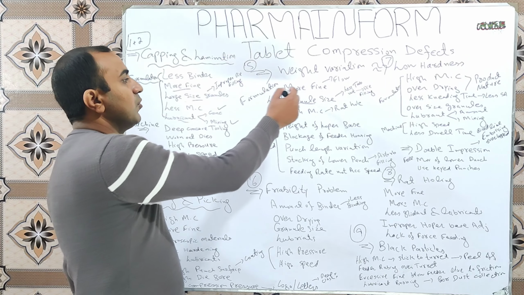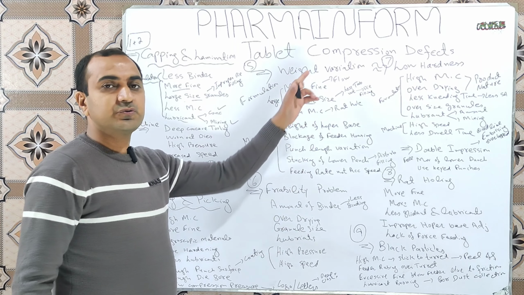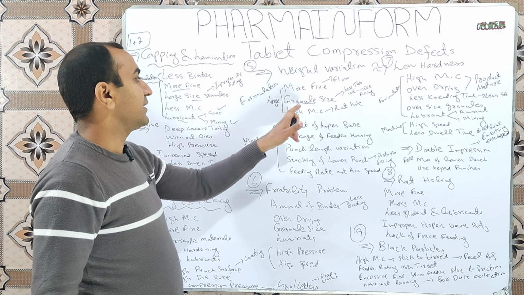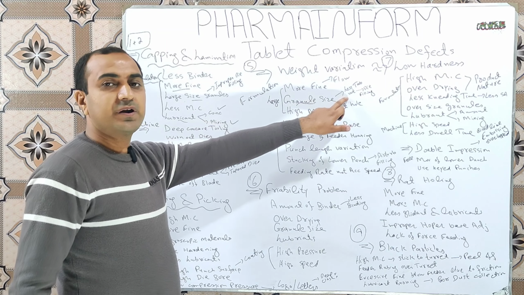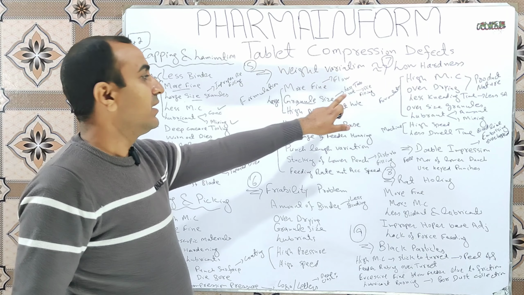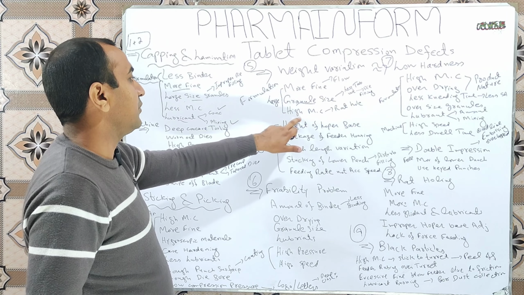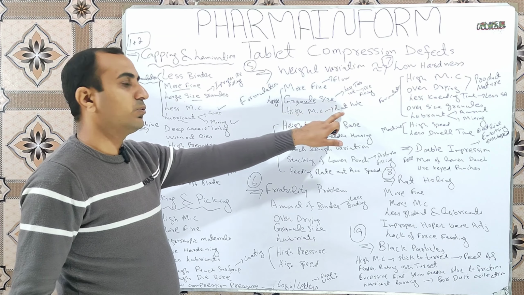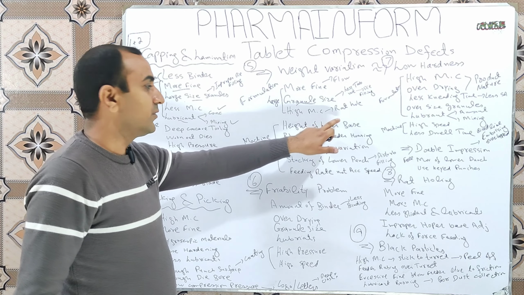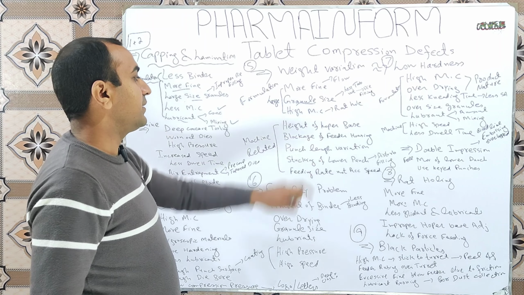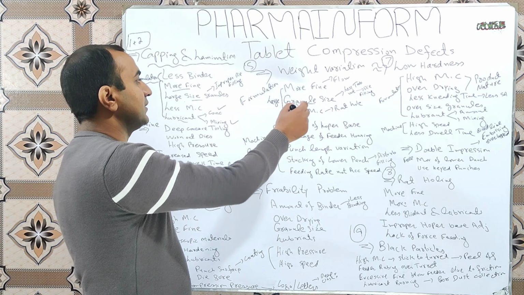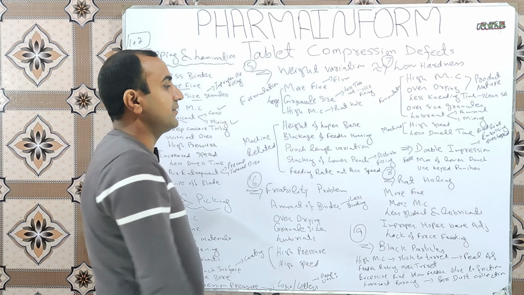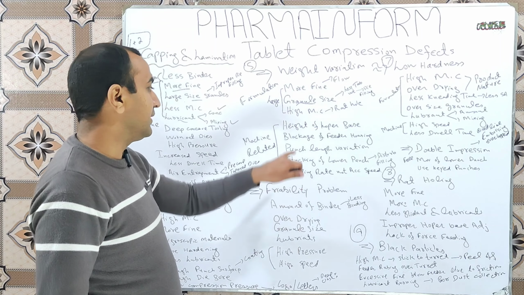Weight variation: more fines result in flow issues, reduce the fine concentration; granule size is large, improper die filling and weight variation will result, reduce the granule size; higher moisture content results in weight variation due to rat holing, properly dry your granules; height of hopper is not adjusted properly, properly adjust the height of the hopper base;